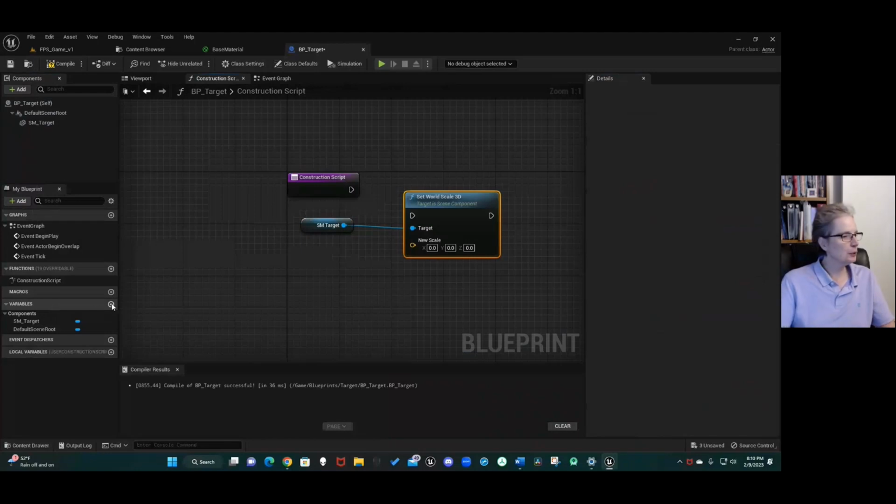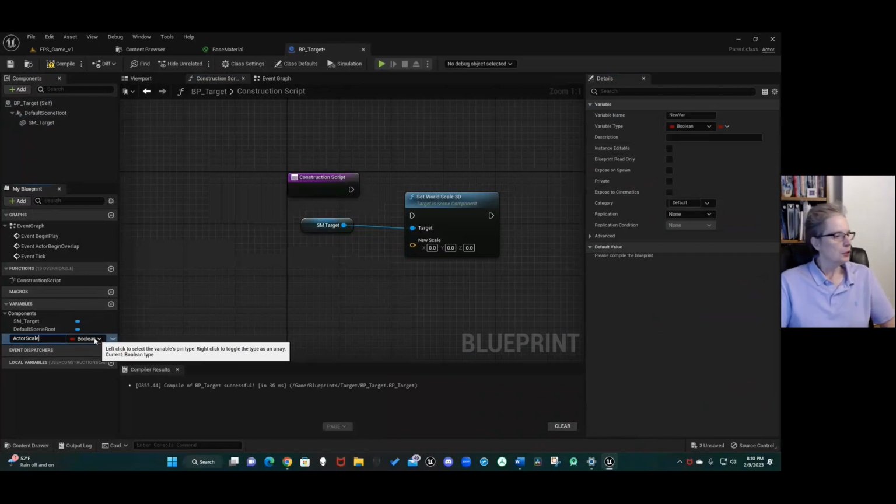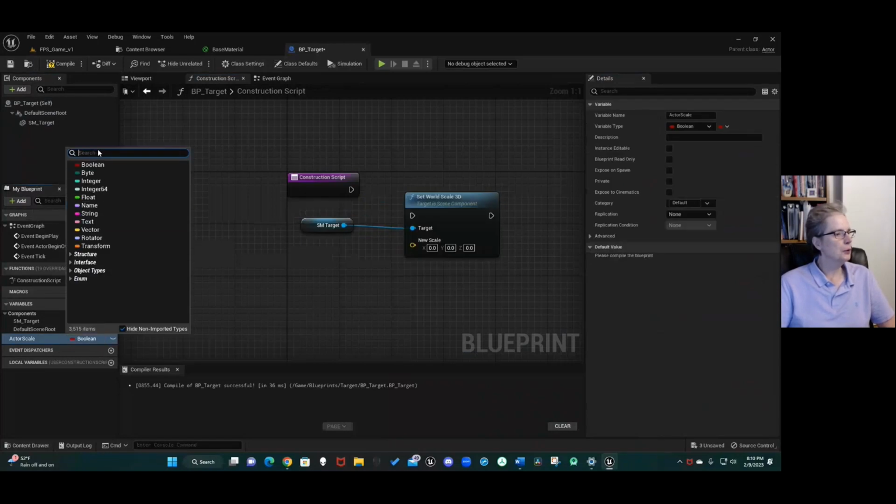So we want to hit the plus sign to the right of the word variable so we can add a variable. And we're going to name this actor scale. This is going to be the variable that allows us to have the random scale. Now, if we put our cursor over the boolean, you can see there's a little arrow pointing down. If we select that, a new menu pops up with all the different variable types that we can choose. And the one that we want for this particular variable